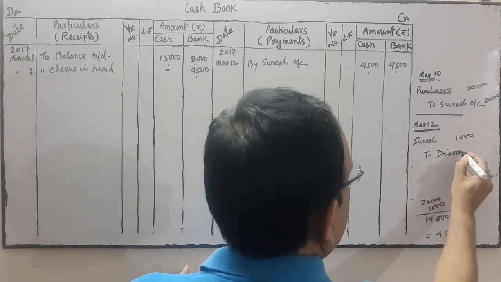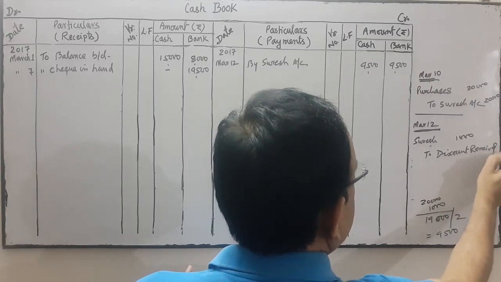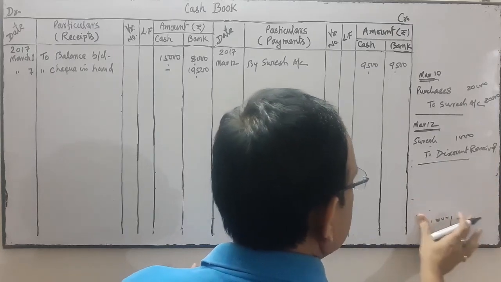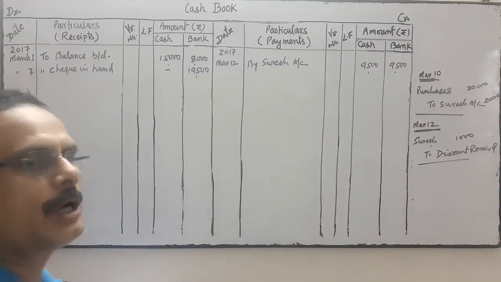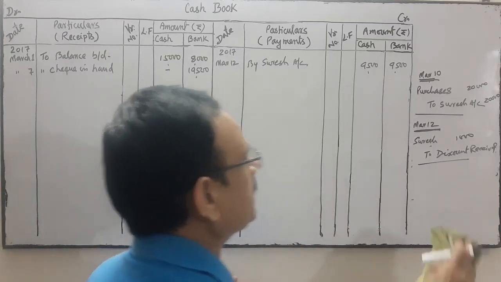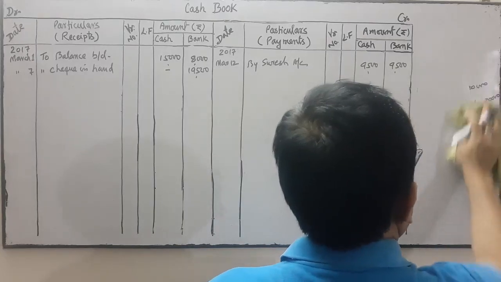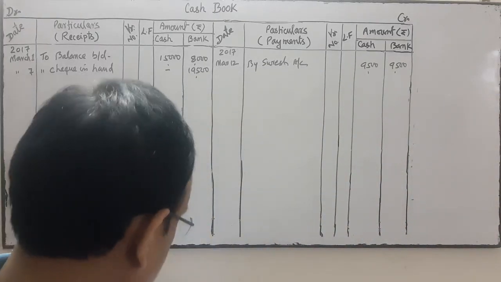You know it well where this will be recorded. This will be recorded in journal proper. Suresh account debit to discount received 1,000 will be recorded by us in the journal proper. Okay, journal proper. Next is